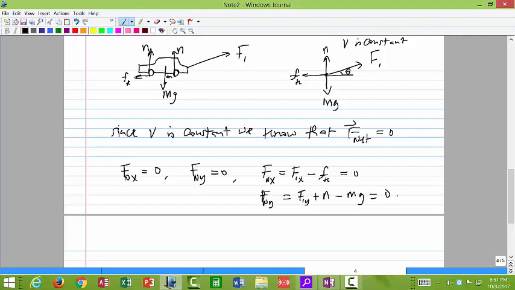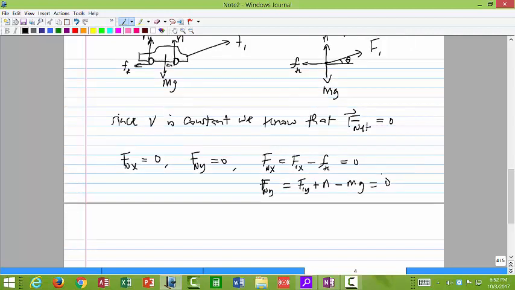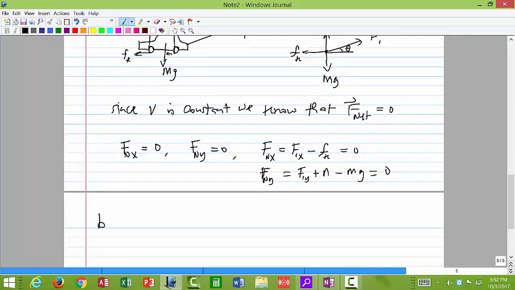So in this case, I've put in the directions. I've assumed, or at least I've implied, that we are using the same convention that we've always used, which means that forces to the right are positive and forces down are negative. Okay. So I'm saying here that by putting in the signs,